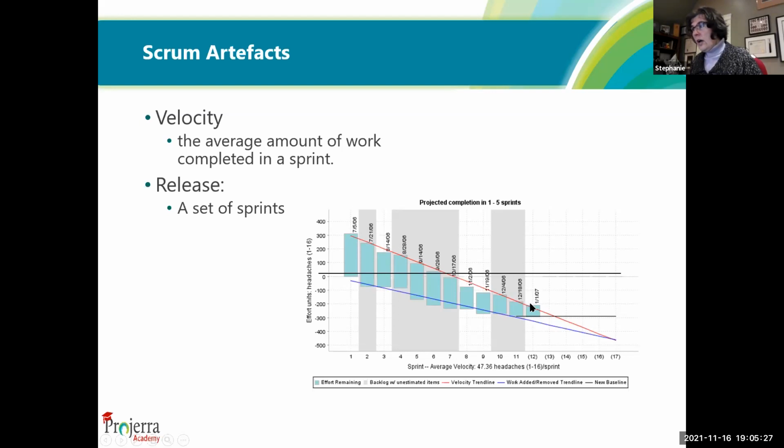It's the intersection of the velocity that the team is working at, this red line, and the amount of new work that the BAs are putting into the pipeline that says we're not going to be able to release until sprint 17. And you realize that, okay, that's too long. The market can't take it. The client needs a release sooner. I agree that we're going to put a line here. That's a hard stop. That's a freeze on the requirements. We're not taking any new requirements. If there are new requirements, they're going into a next backlog for a next release. And so then we can theoretically release on sprint 13. Everybody okay with that?